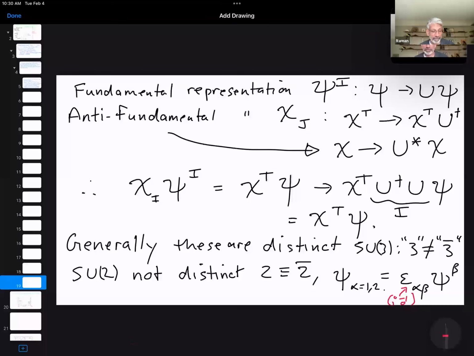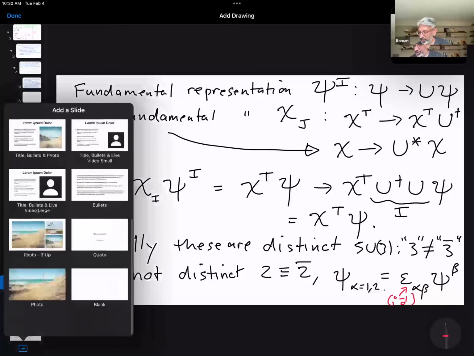So there's no distinction really between a 2 and a 2 bar. But in order to take a 3 to a 3 bar or an n to an n bar in general, you actually have to complex conjugate it. Okay. So psi would have to go to psi conjugate in order for it to become an anti-fundamental. Okay, very good. So now we can just go to the